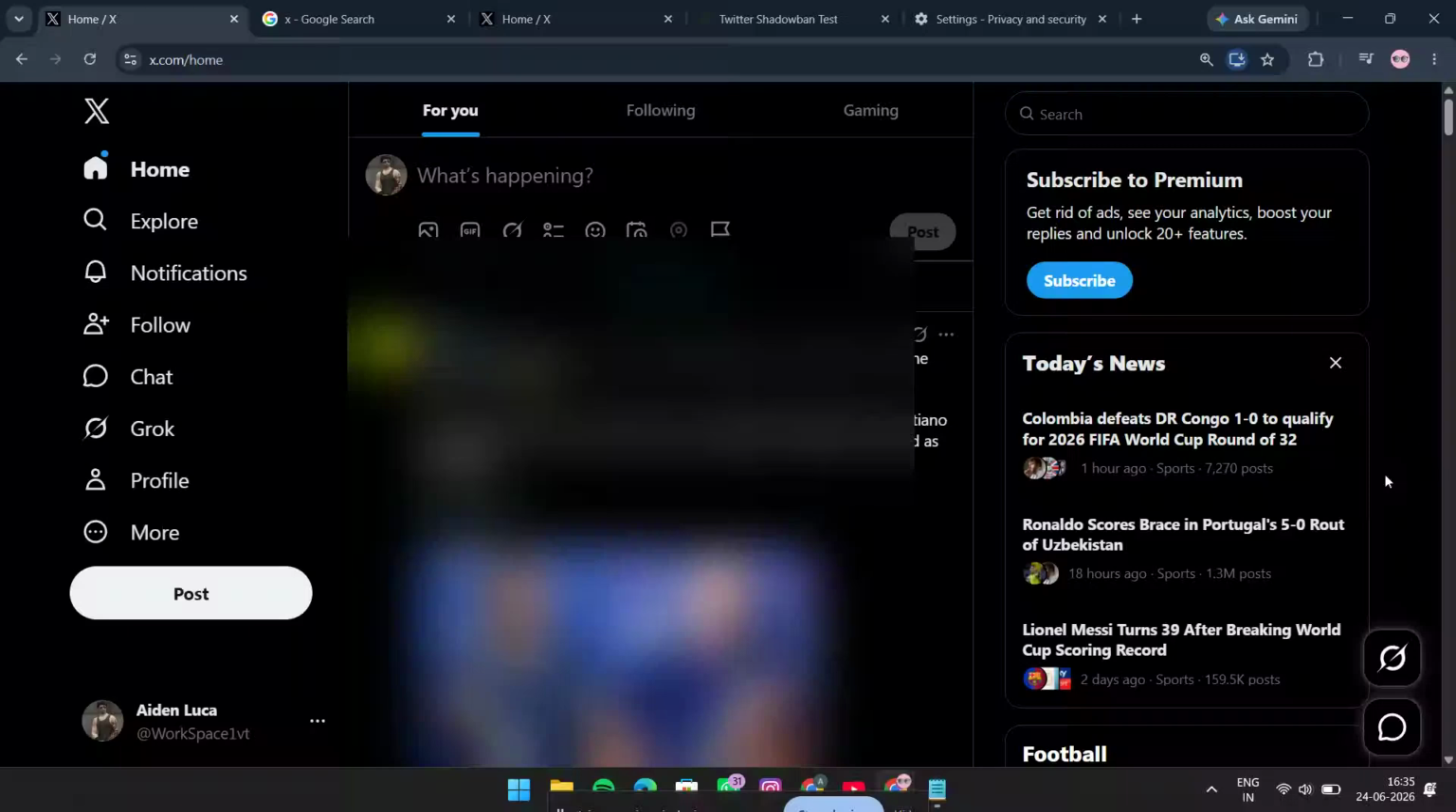If you want to know how to quote tweet on X, formerly known as Twitter, you're in the right place. In this quick tutorial, I'll walk you through the exact steps so you can repost a tweet with your own comment in just a few seconds. This is a great way to add context, share your opinion, or reply to a post while still keeping the